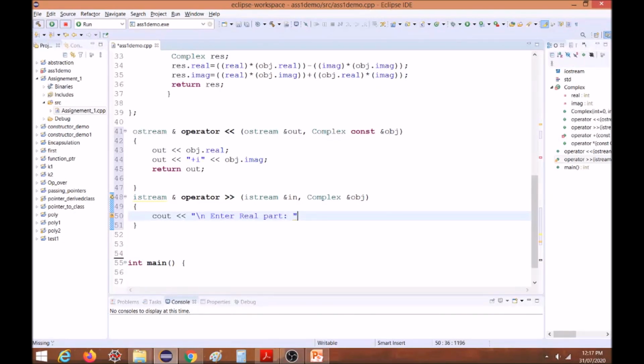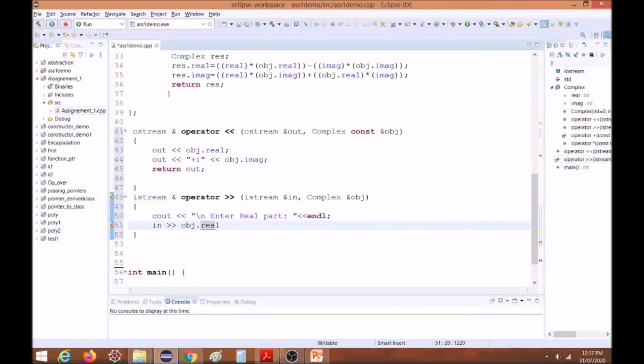Okay, and then using this in operator we have to accept it using obj dot real.